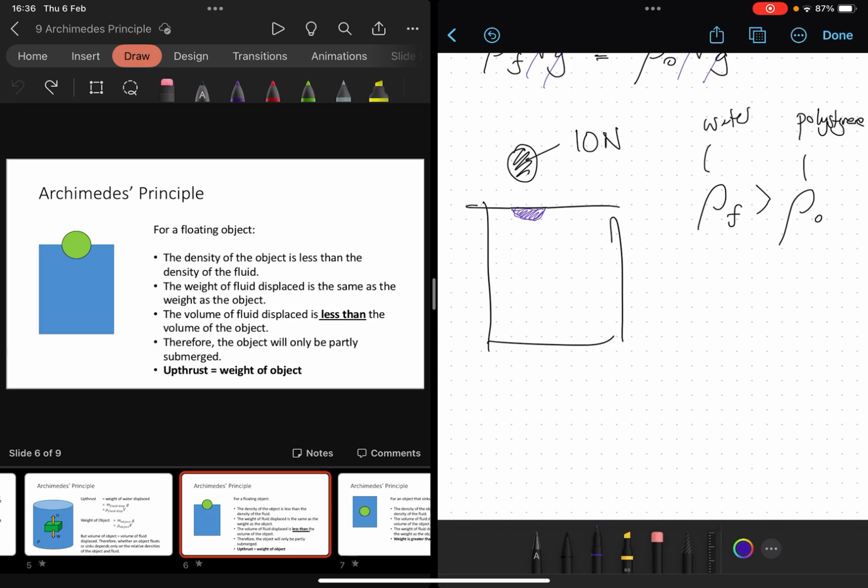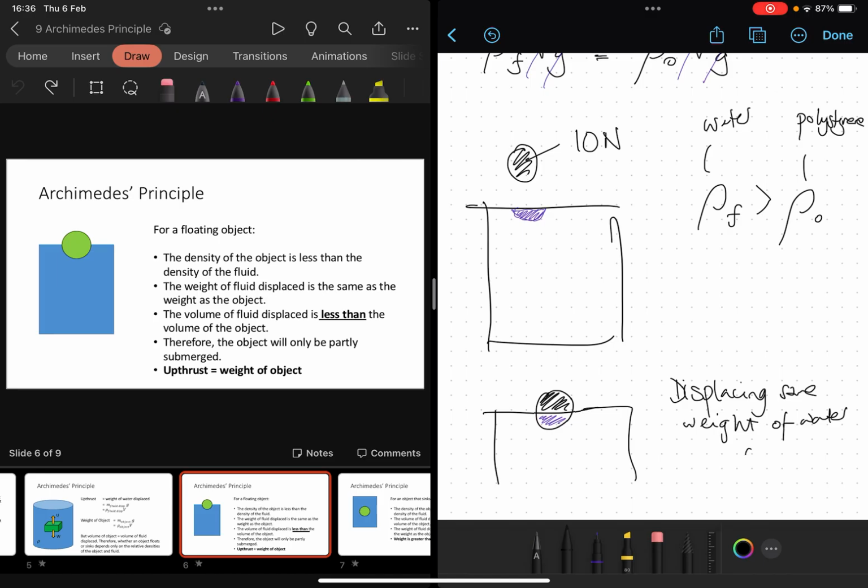So we might displace the bit that I've shaded in purple, that volume of fluid, that volume of water. And so when that object comes to rest, it's going to be partly submerged under the water. There is going to be a volume that remains above and a volume that remains below. But the key thing is that we are displacing the same weight of water